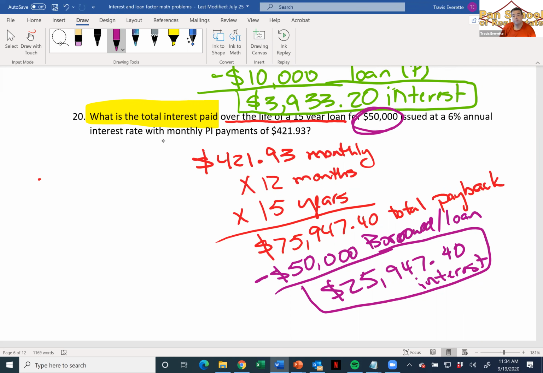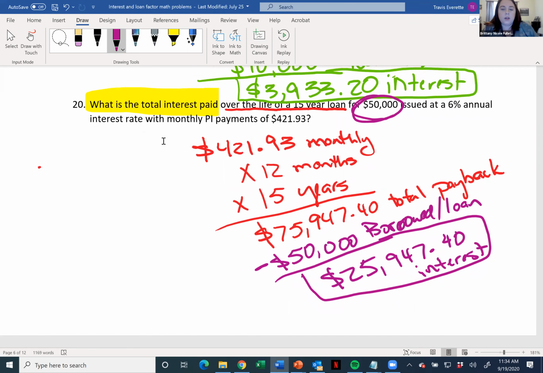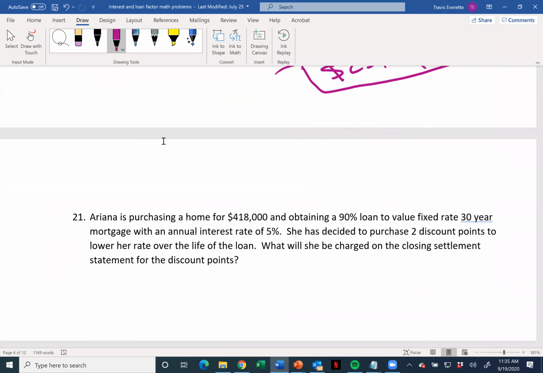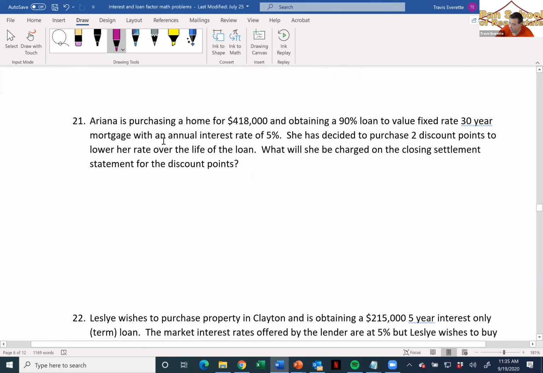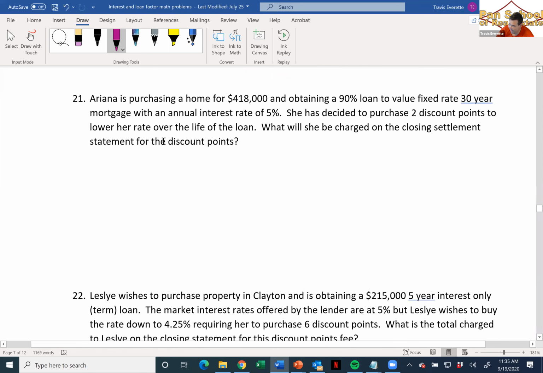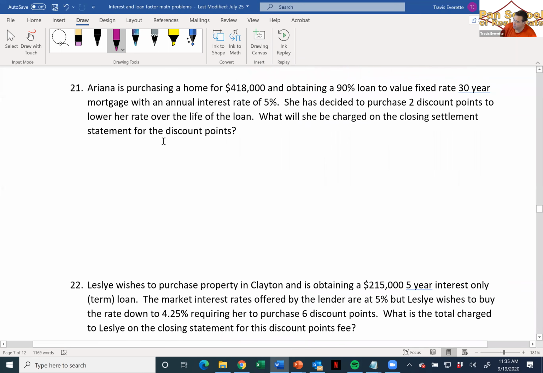I'm sorry, Brittany? I said, that's just a lot of interest to me. It is. And that number gets uglier and uglier the longer that term gets. 30-year notes get a lot uglier than that. So if you refinance and you can get a lower interest rate, then obviously it wouldn't be that much. Right. The lower the interest rate, the lower the monthly interest component is, and so the less interest you would pay over the life of the loan. That's right. That's how the banks stay in business. Or pay the loan off early, as long as there's no penalty. Sometimes there are penalties. Make sure there's not a prepayment penalty.